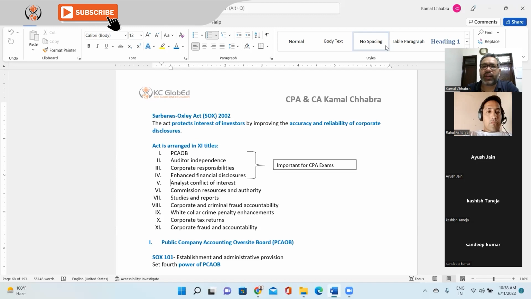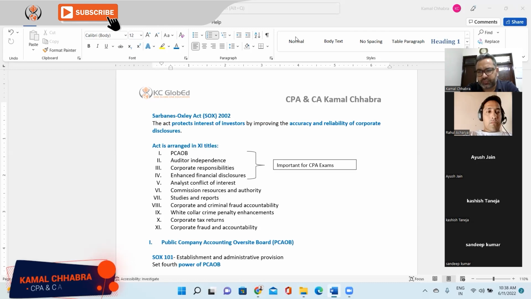So between 1995 and 2001, there was a huge increase in white collar crime. So what they did was consider these white collar crimes, penalties, and prosecution in the light of civil law. Those are all clarified in Title 9.